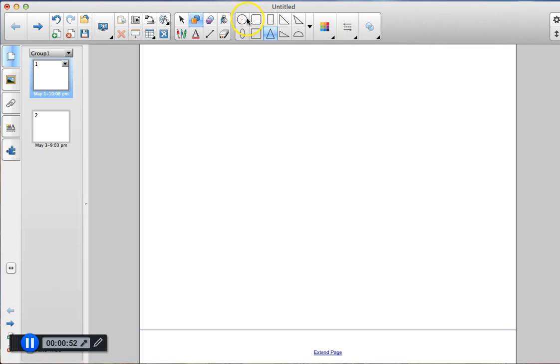So let's just say I want to create a circle. Then it brings me this sort of crosshairs. That lets me know that I'm building a shape now. So if I click down and then I drag, it'll start to create my circle. And because this is going to be a perfect circle, it's got that little dot in the center. So I can decide how big I want it to be, and then when I let go, my shape is